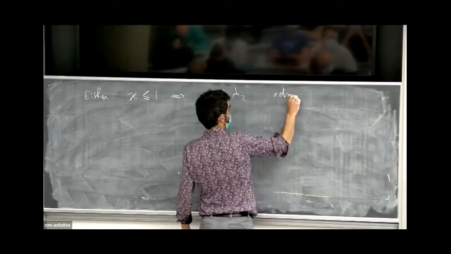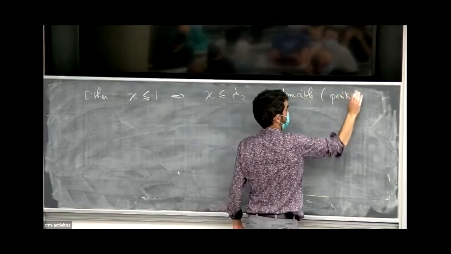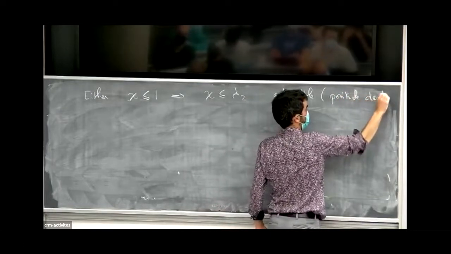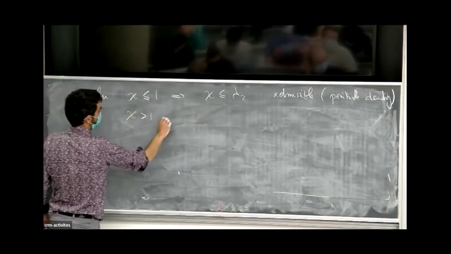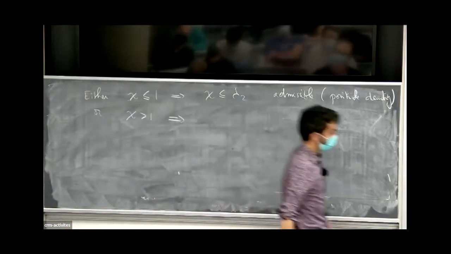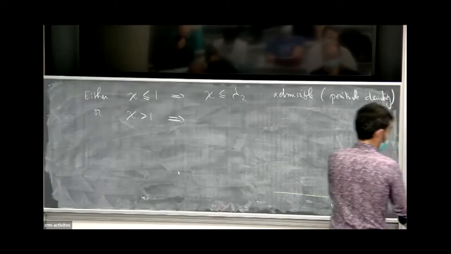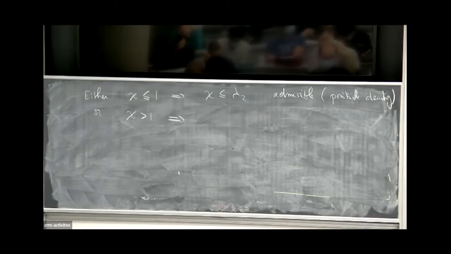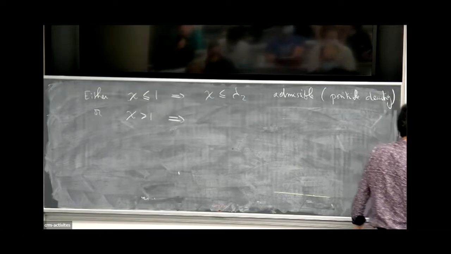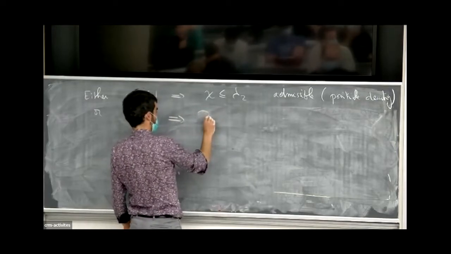This one is okay, it's positive. I have a positive density. Or if chi is above 1, then you have to ensure that the parabola has a negative value. You want chi to be less than lambda 2. Sorry, you have to ensure that p, the parabola, has a negative value, which